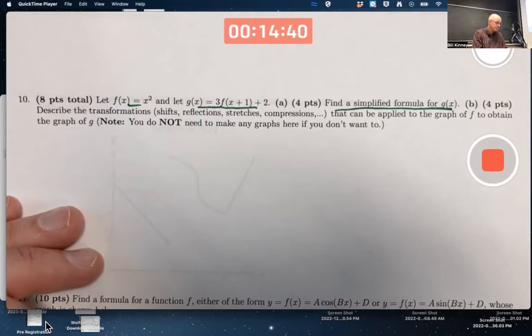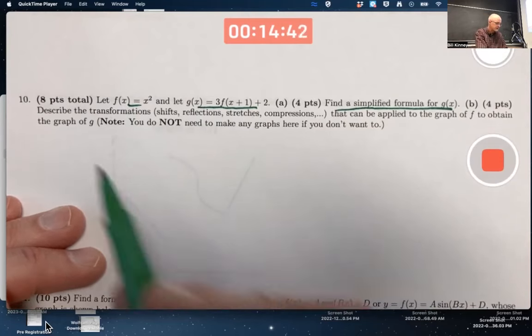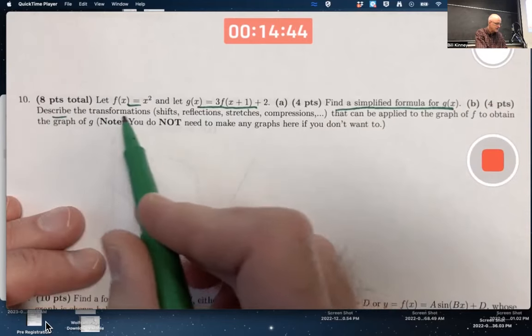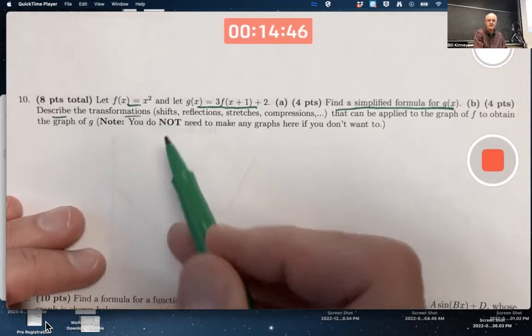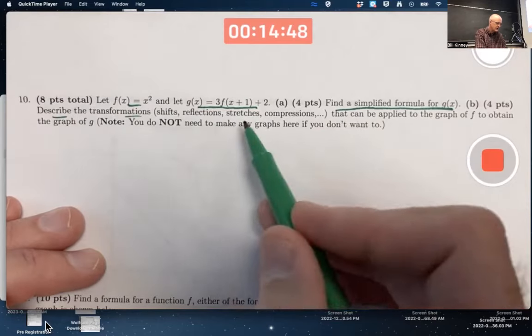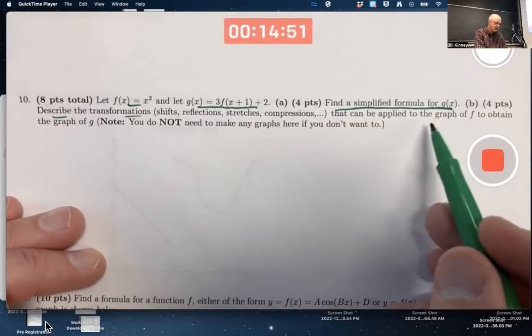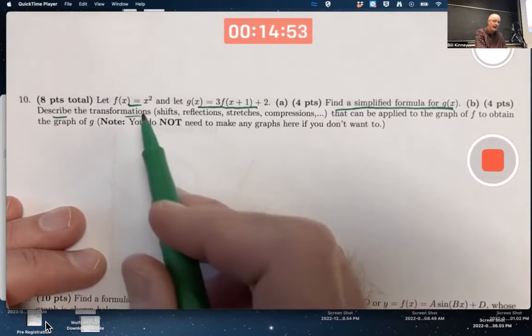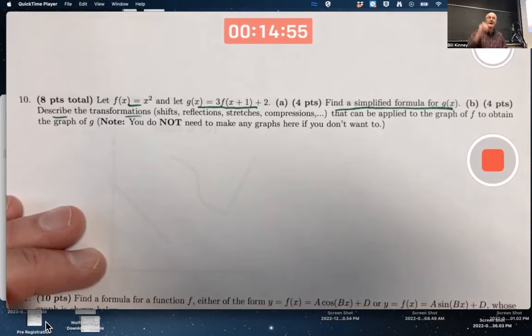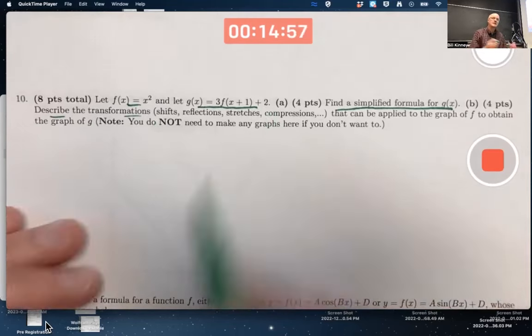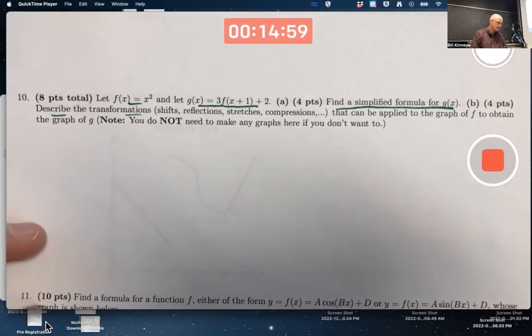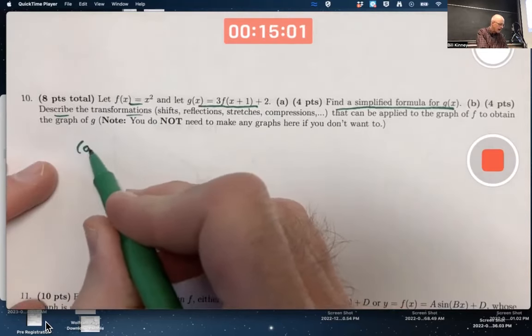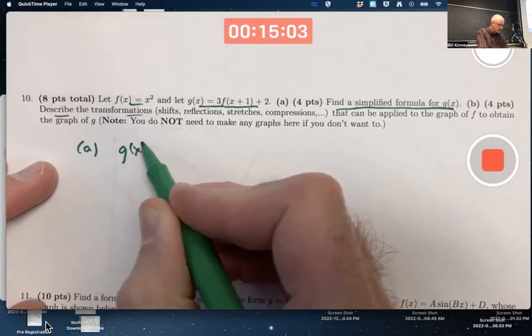And then part B was to describe the transformations, shifts, which represents translations, reflections, stretches, and compressions that can be applied to the graph of f to obtain the graph of G. So f is your parent function, your basic x squared function, and G is some transformed version of f. So part A is, again, a matter of understanding function notation,